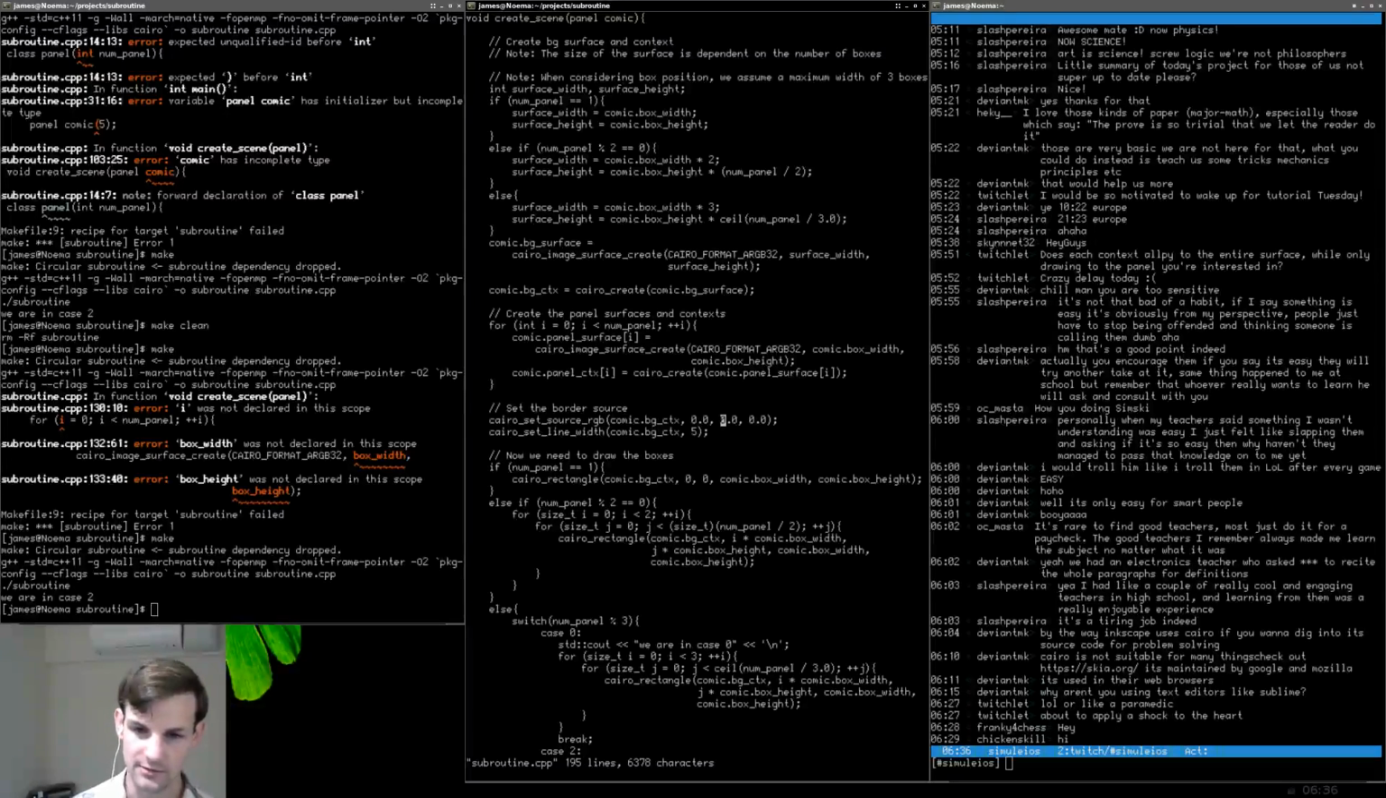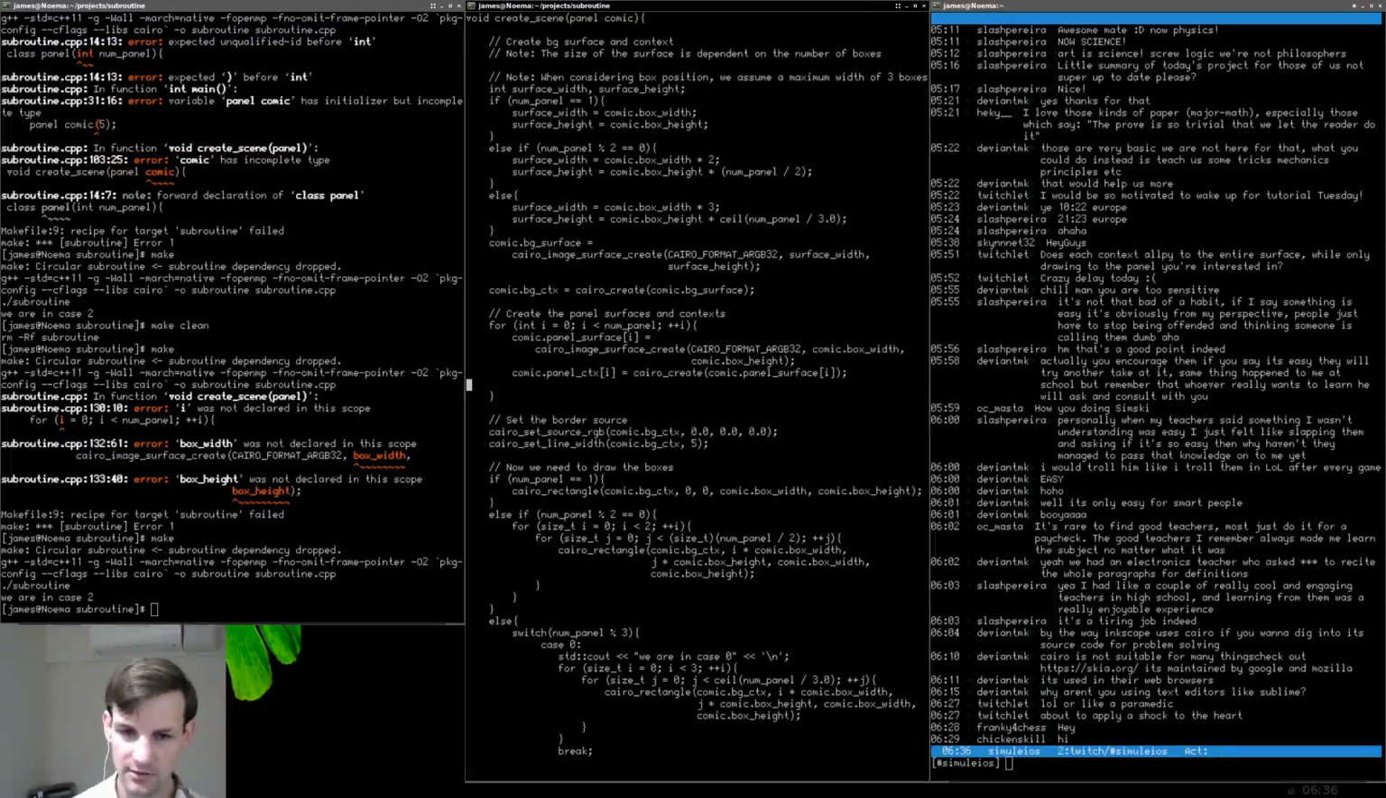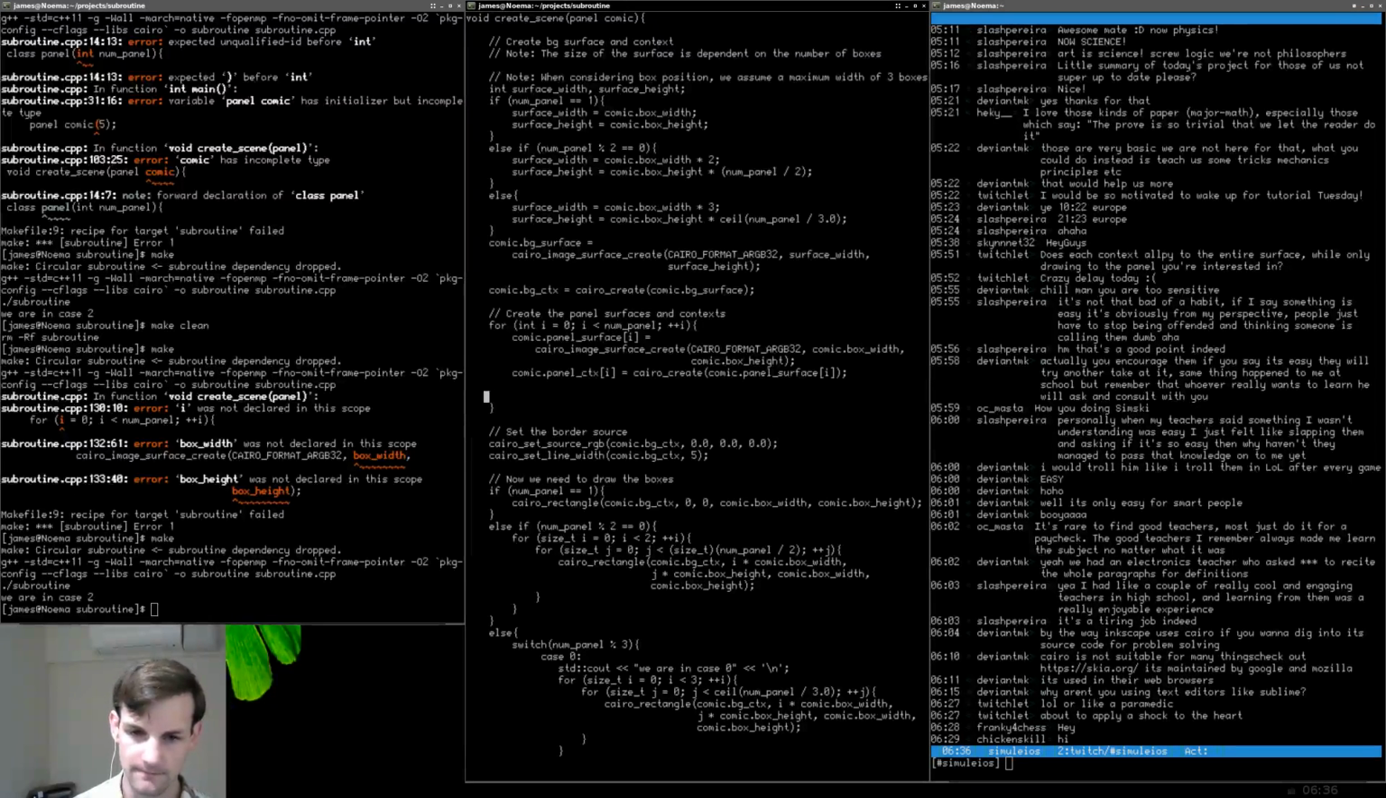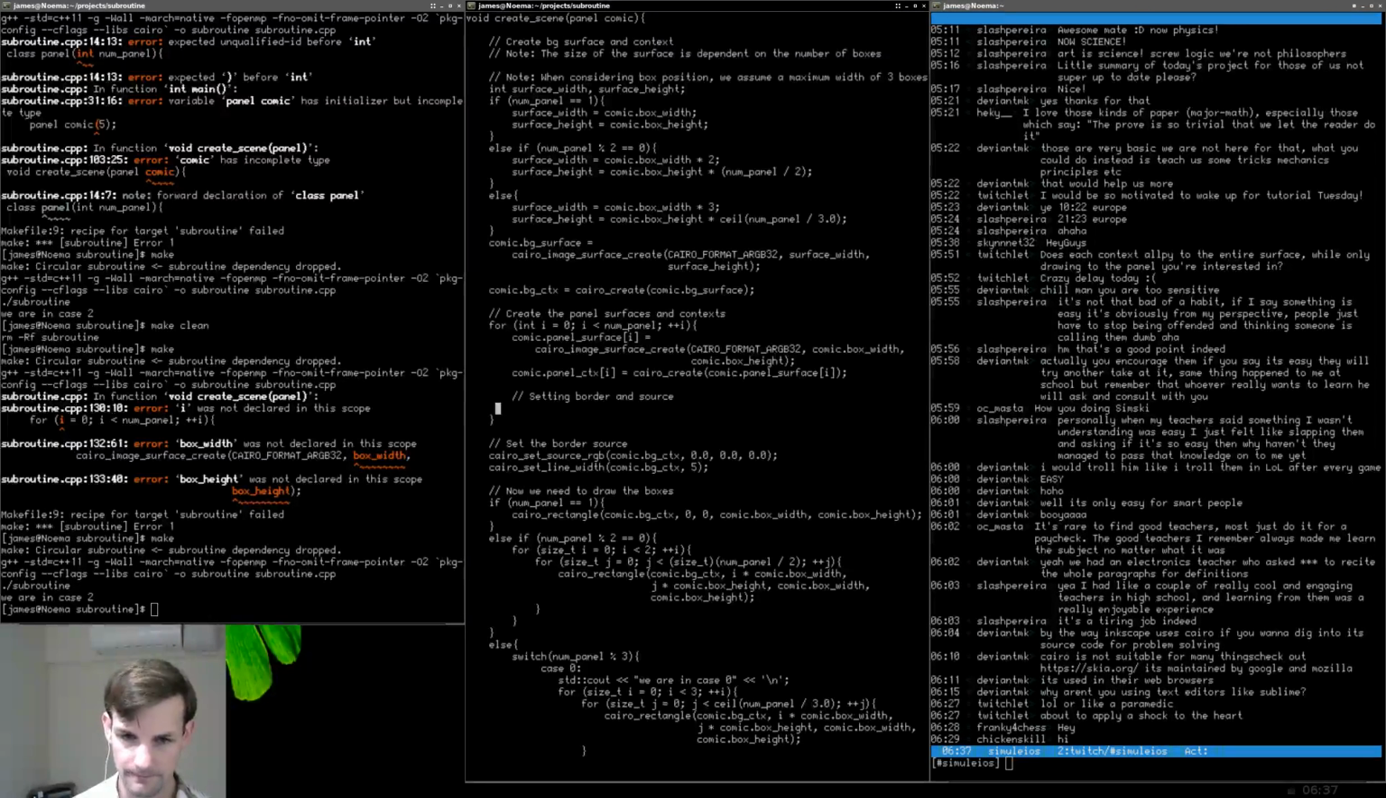Cairo set source, comic, background, CTX. What we should probably also do, and all of these guys, is set the sources and stuff like that. So I'm just going to go ahead and do that here. Setting border and source. Okay. So we're basically going to copy these guys,